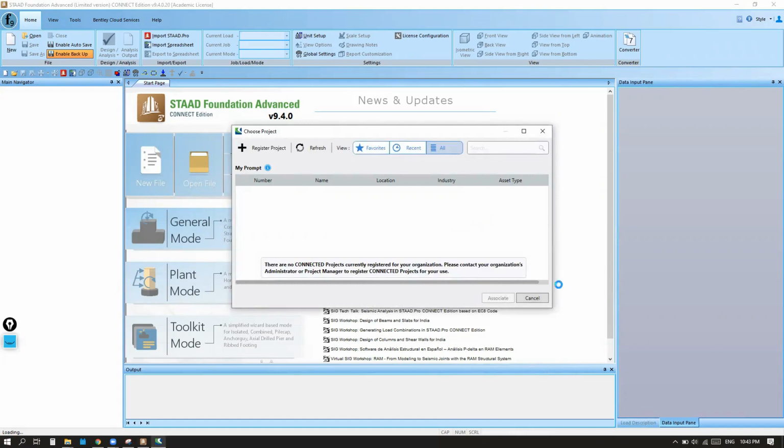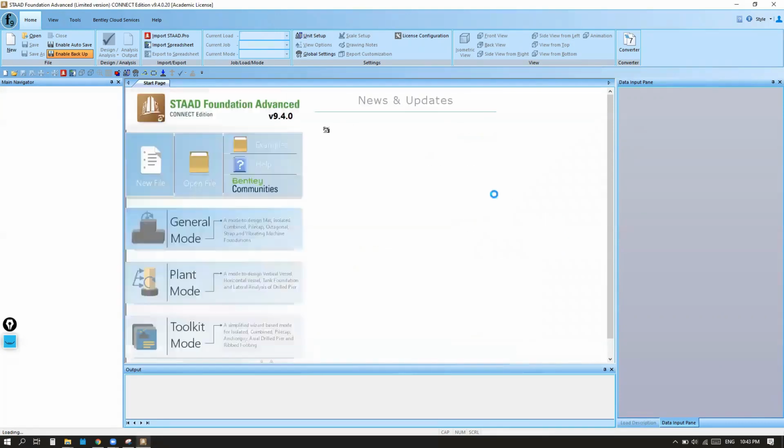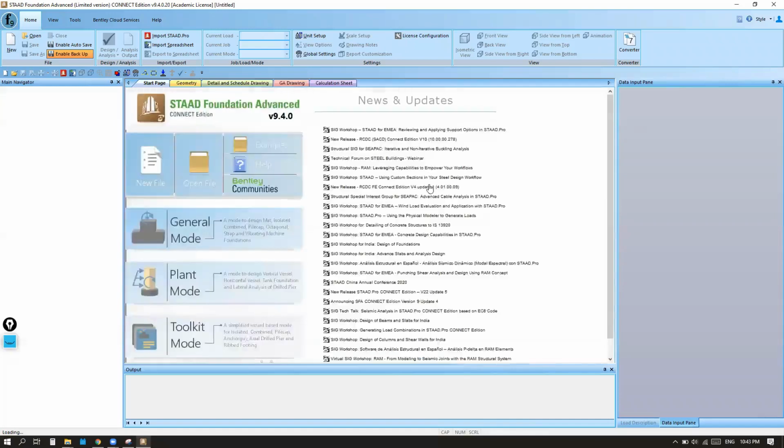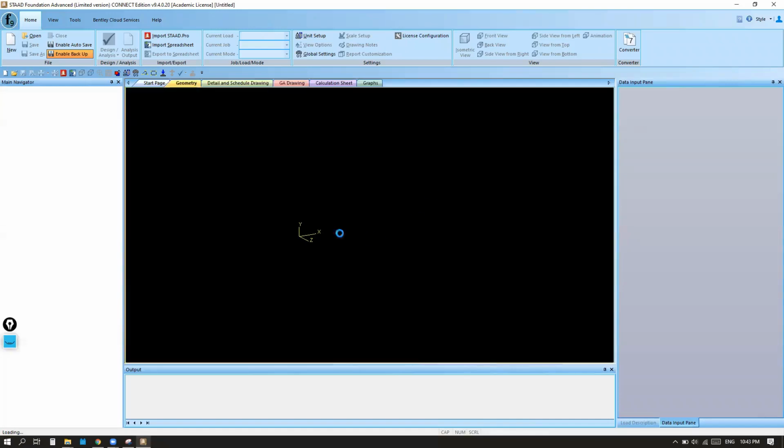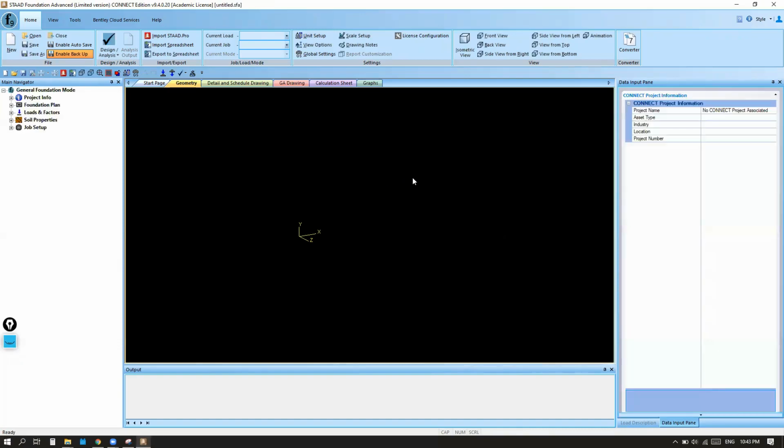So select cancel. As you can see here, we have an empty model. We are going to create our geometry, foundation geometry. For this reason, as we mentioned in our previous tutorial, here we have